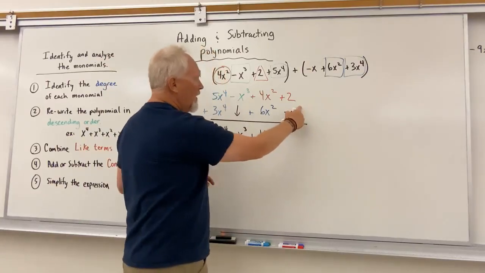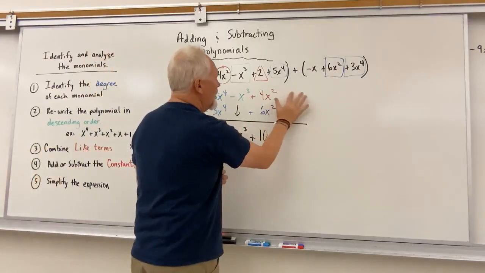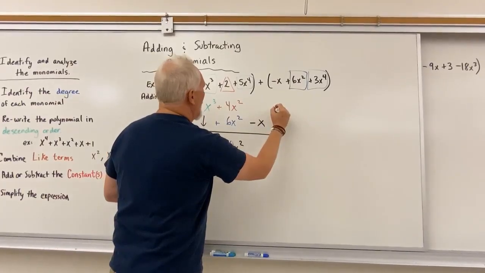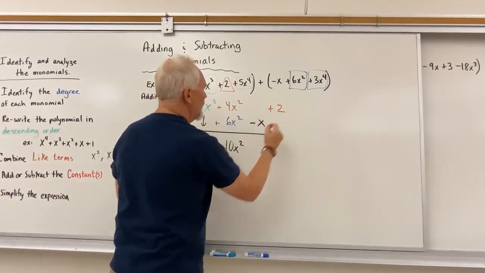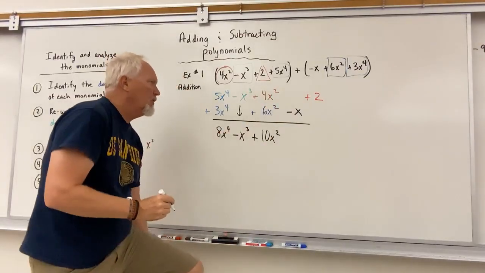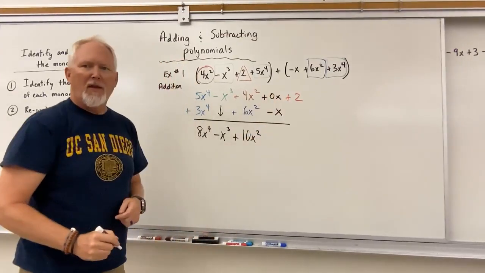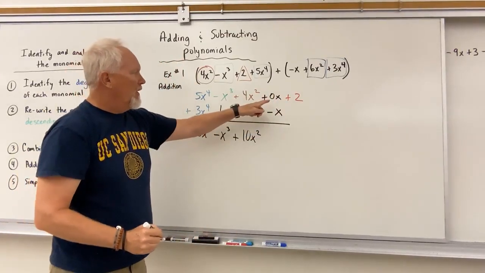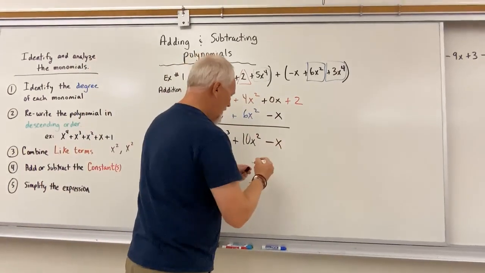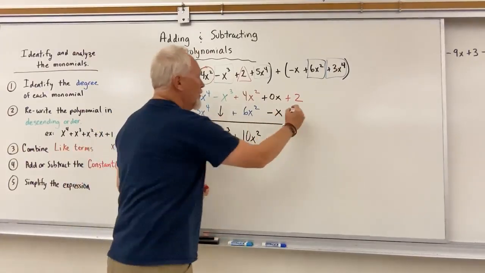And now I've got an x and a constant remaining. So if I had done this earlier, I could have moved this over here, plus 2. And that way we know we don't have any x's, so we could call that a 0x term. And then a 0x minus an x is just negative x. And then, of course, we can simply bring down our 2